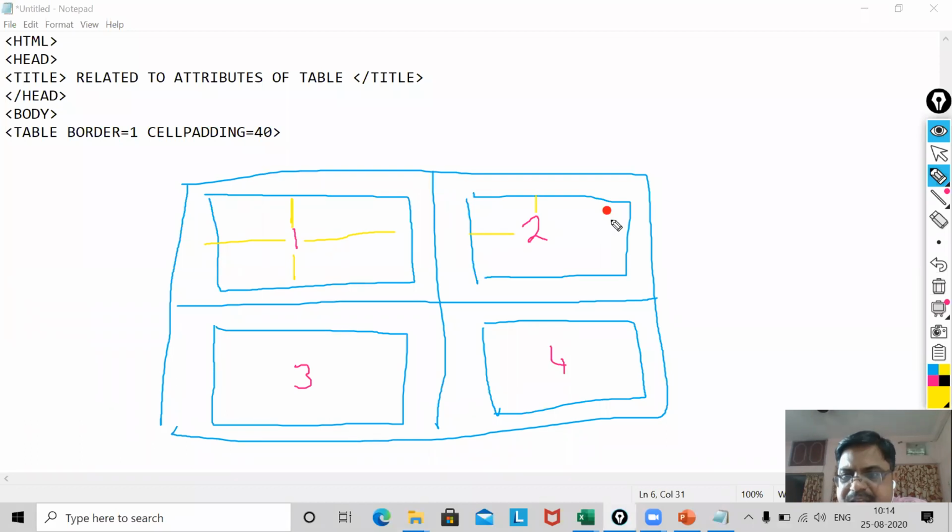Wherever you have your cells, that cell will have a distance from the value. For that we will use cell padding.